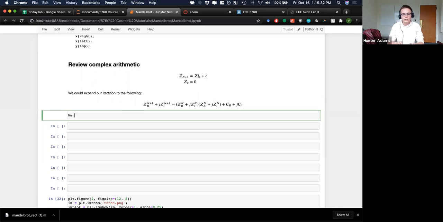So we could expand all of this, which is to say, FOIL all of this, get it all into one big long expression, and separate into real and imaginary parts to get the following equations,